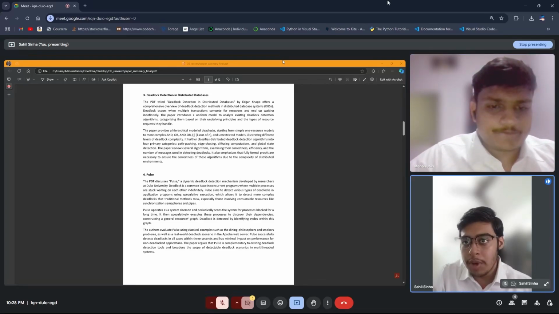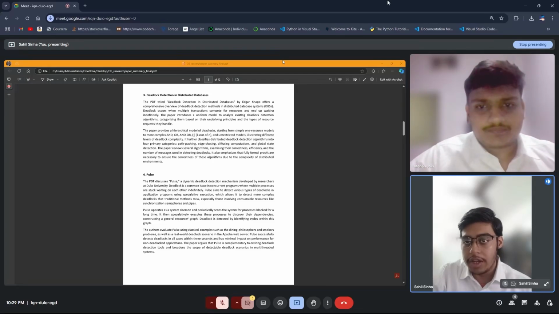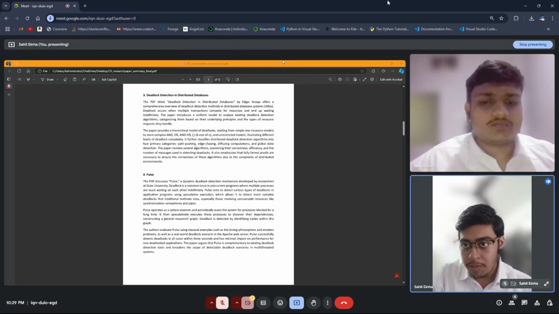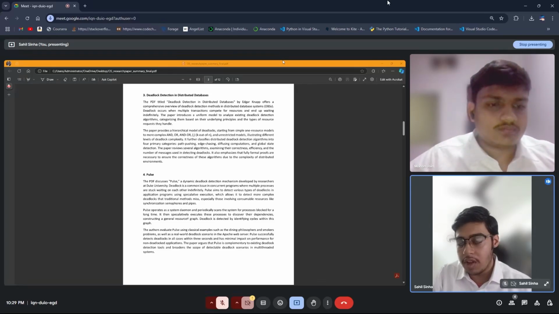The fourth research paper, Pulse, is a dynamic deadlock detection mechanism developed at Duke University. It addresses the problem that deadlock occurs when multiple processes wait indefinitely on each other, often in concurrent programs. Pulse uses speculative execution to detect complex deadlocks that traditional methods might miss, especially those involving consumable resources, for example semaphores,